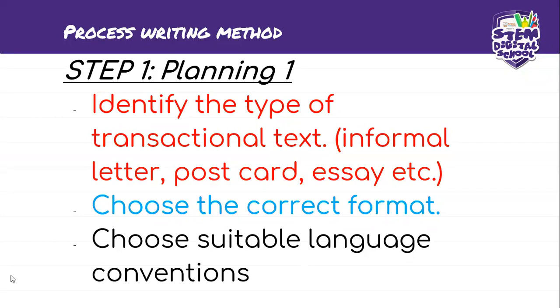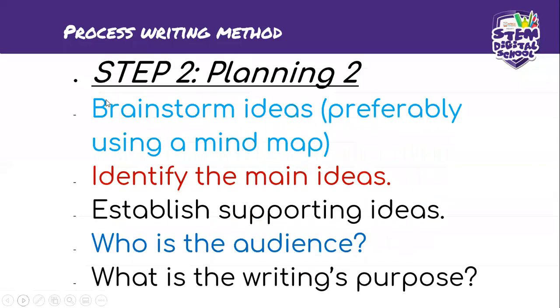So step 2, which is another part of planning. When you get here, what you do is you brainstorm your ideas. I prefer that you use a mind map, because that is how a person thinks. A good thing with a mind map is that even if you think of your first idea as the last idea, it's okay, it's fine. You don't have to pressure or stress yourself about how your ideas will follow each other logically. Because here you're still planning, it doesn't matter what comes first. Whatever idea comes to mind, you just write it down.